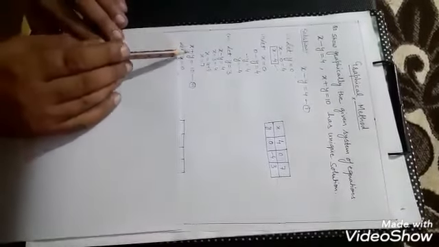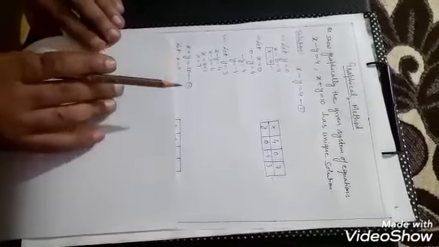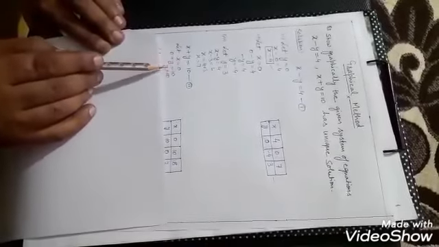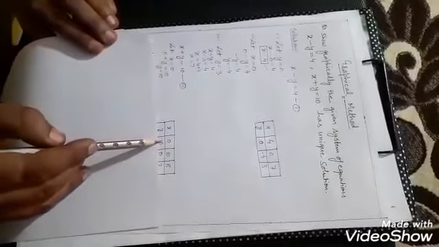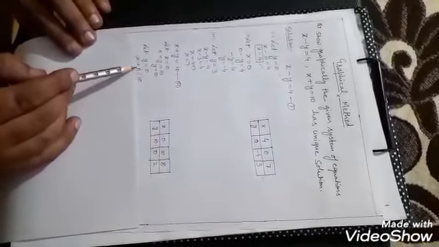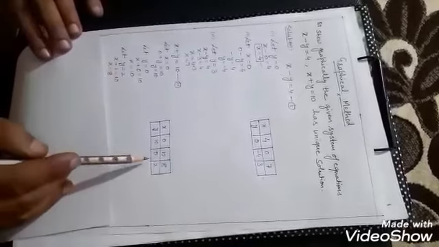The second equation is x plus y equal to 10. Now if you take x as 0, so if you solve 0 plus y equal to 10, so y equal to 10. So in the table we can write down 0 and 10. Similarly, you take y equal to 0, calculate the value of x. This is 10 and 0. Y equal to 2, then the value of x is 8.